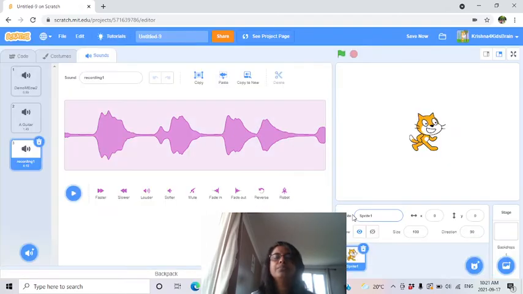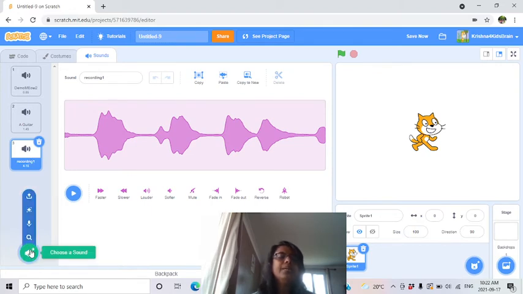Now you got another sound file which is your own recorded sound. So this is one way to add it. So we know one is from the Scratch library you added. The other one is you added from your own recording.